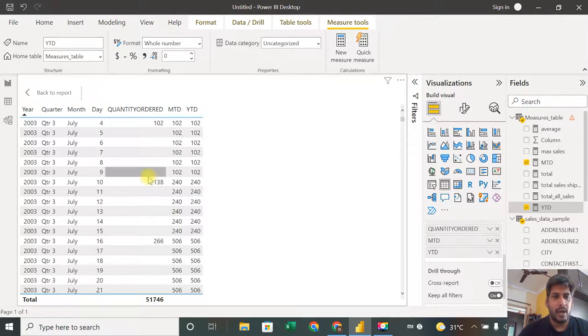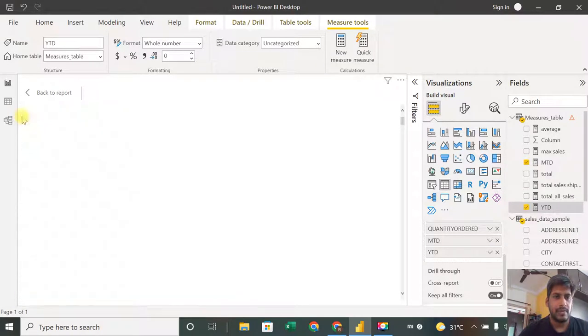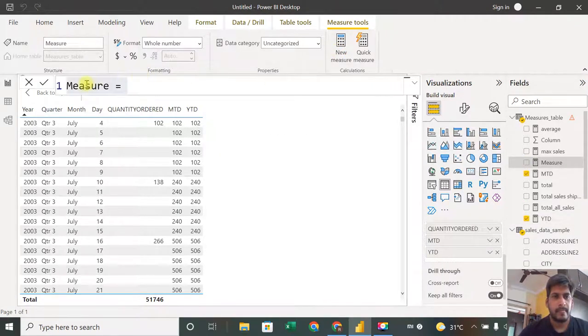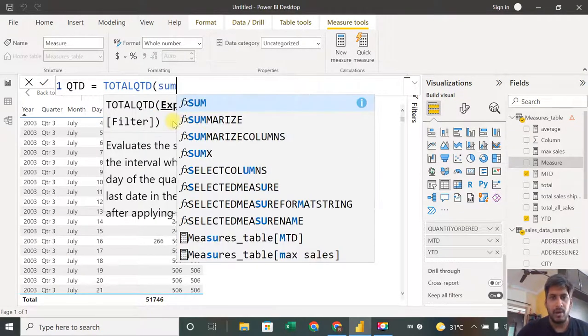Similarly I can do it on a quarterly basis also, like here I can change into quarter, then within that year. Okay, quarterly basis also we can have, just by using a new measure. I just say quarter to date, total QTD as a sum of